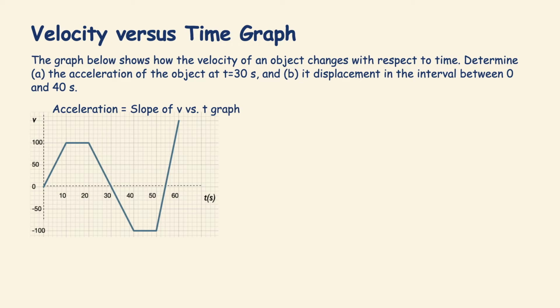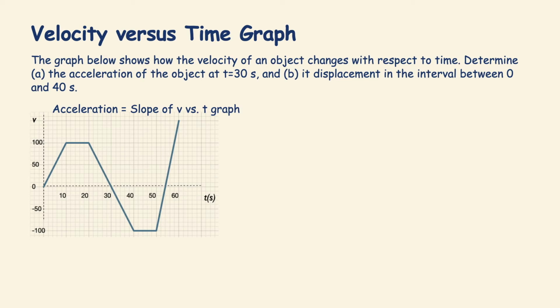First, we'll remember that the acceleration is actually the slope of the velocity versus time graph. Remember, it's very important: the velocity is on the y-axis and t is on the x-axis. Any other graph will not work for this case. So in order for us to find the acceleration, we really need to find the slope of the graph at around 30 seconds. We notice that that segment of the graph is straight actually, and the slope remains constant between